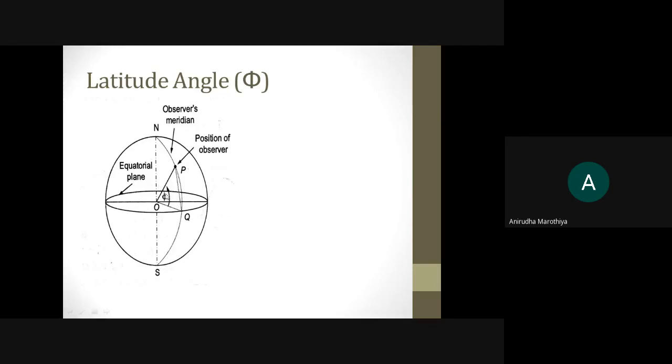So this angle is known as latitude angle phi and it is denoted by symbol phi. It is a universally accepted symbol. So wherever you go, whenever you are working in the field of solar radiation geometry, if you come across a symbol like phi in your calculations, then by default that phi indicates the concept of latitude angle.